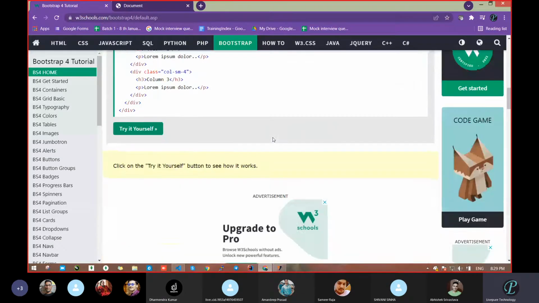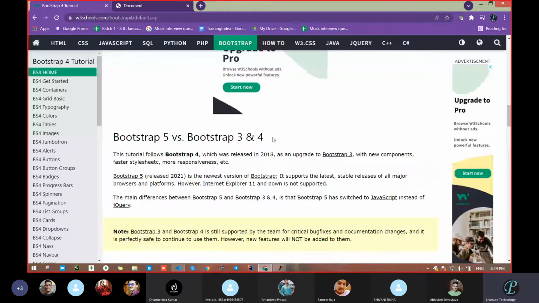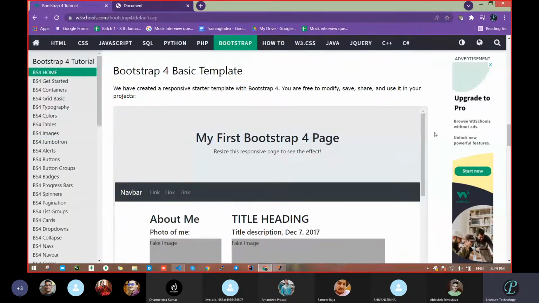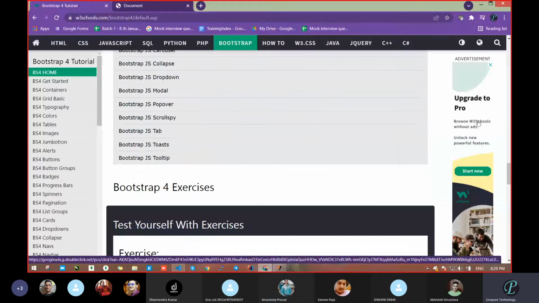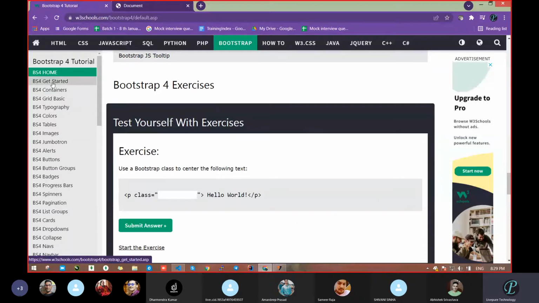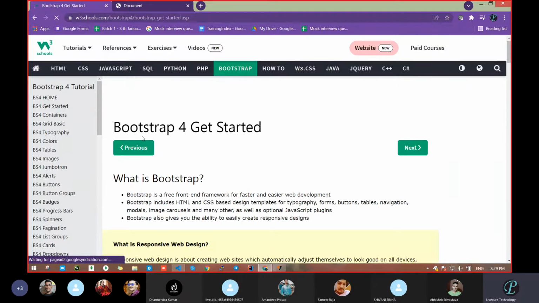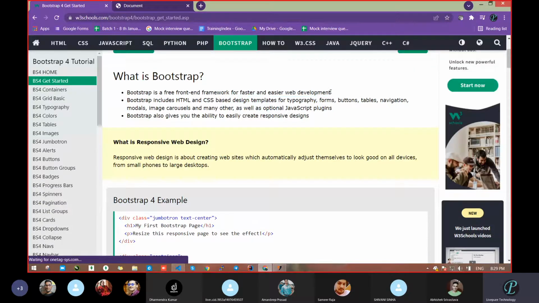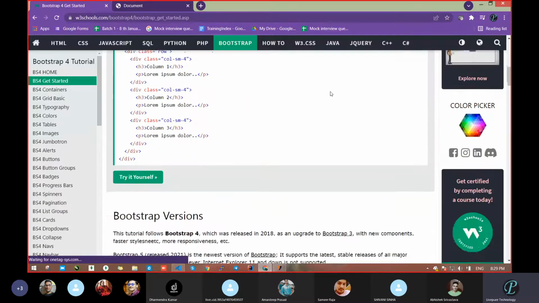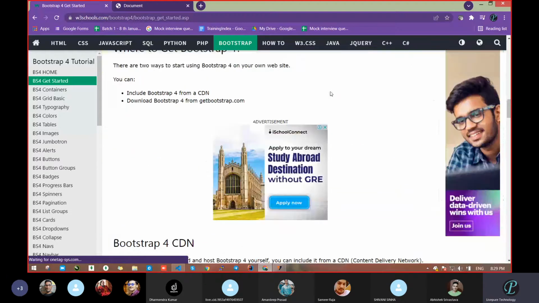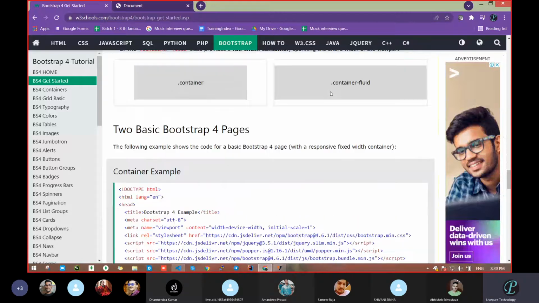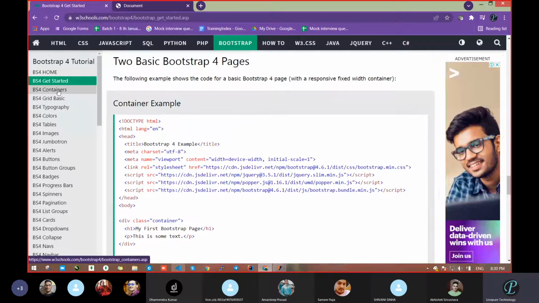Up to here, we had discussed how we will use Bootstrap 4, 5, whatever different versions are there. We saw how it is going to save our time, and how we are going to use that. So let's start from Bootstrap. It is basically the free front-end framework for faster and easier web development. Then the same thing we discussed: Bootstrap versions not required, get Bootstrap CDN already discussed. Then mobile first, then come to the topic.